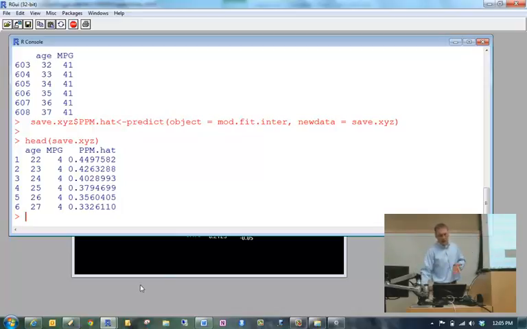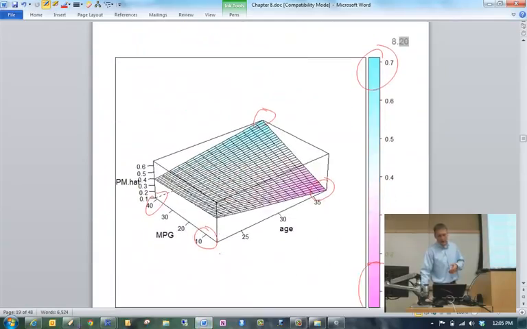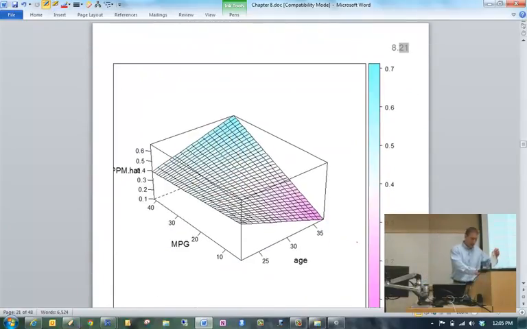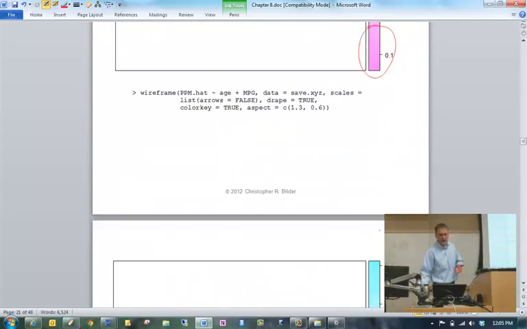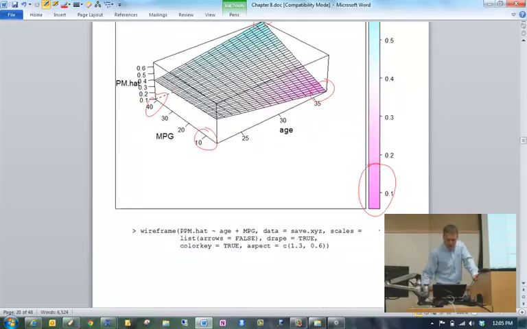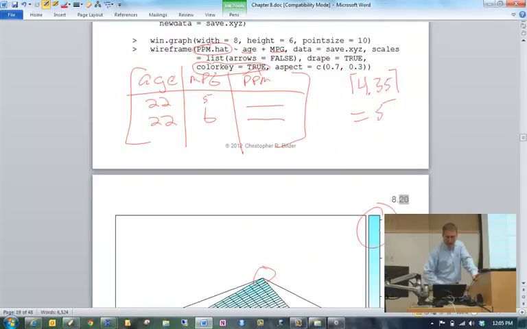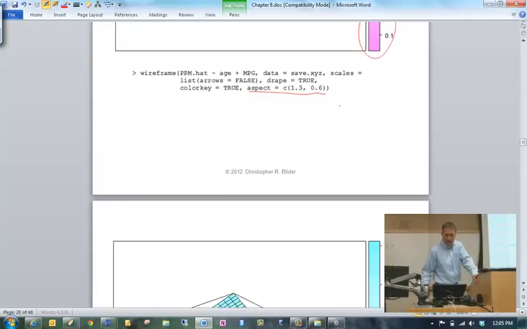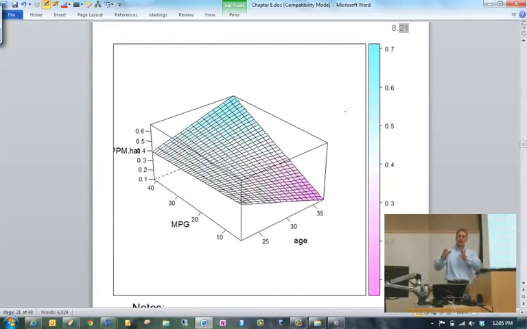It's just a matter of getting used to R syntax so that you can do it on your own. There's various options in this wireframe that allow you to change the angle that you're looking at this, because especially for static 3D plots, you often have to change the angle. And so, just to emphasize what I did here, there's an argument called aspect, which talks about aspect ratios and plotting. Take a look at the help for that. Learn more about it. When I change the aspect here, you can see I have a different angle of my plot. And you can see the twisting of the plane there.